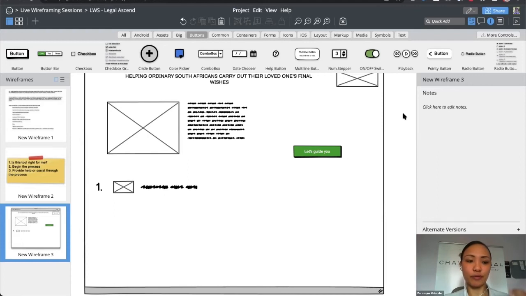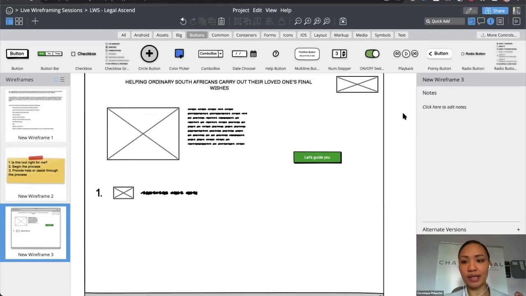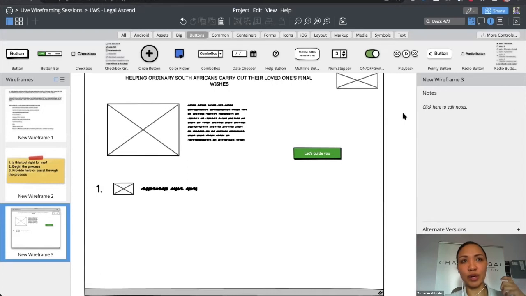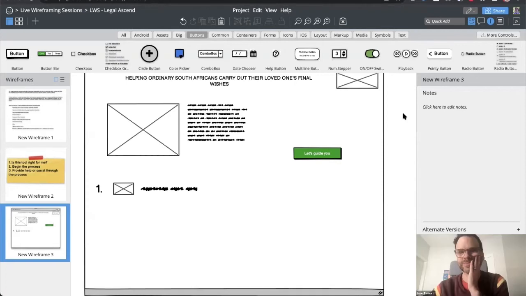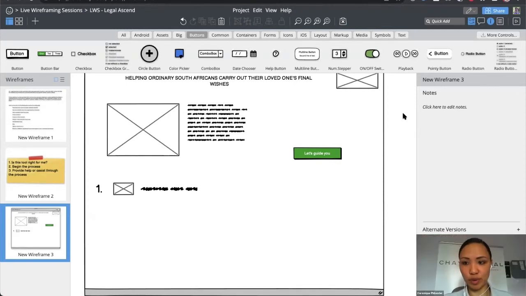So, for example, out of all of the steps, there are specific outcomes. With step one, when you do step one, you're reporting, number one, the death of the person, but also number two, you're applying for what they call letters of executorship. So it's to appoint somebody who's going to manage the process essentially on the family's behalf.